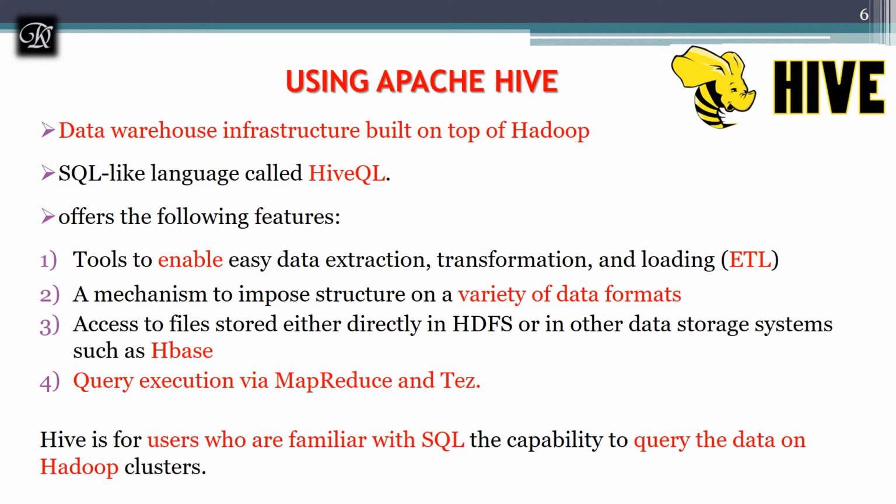But what is wrong with MapReduce? We have to write complex code to extract the data. You have seen that writing code to fetch data from a file and to store data into a file is complex compared to retrieving data from a database and storing it. But compared to Pig and Hive, that complexity is reduced because these are purely meant for non-programmers. And coming to MapReduce, it can process structured, semi-structured, and unstructured data.